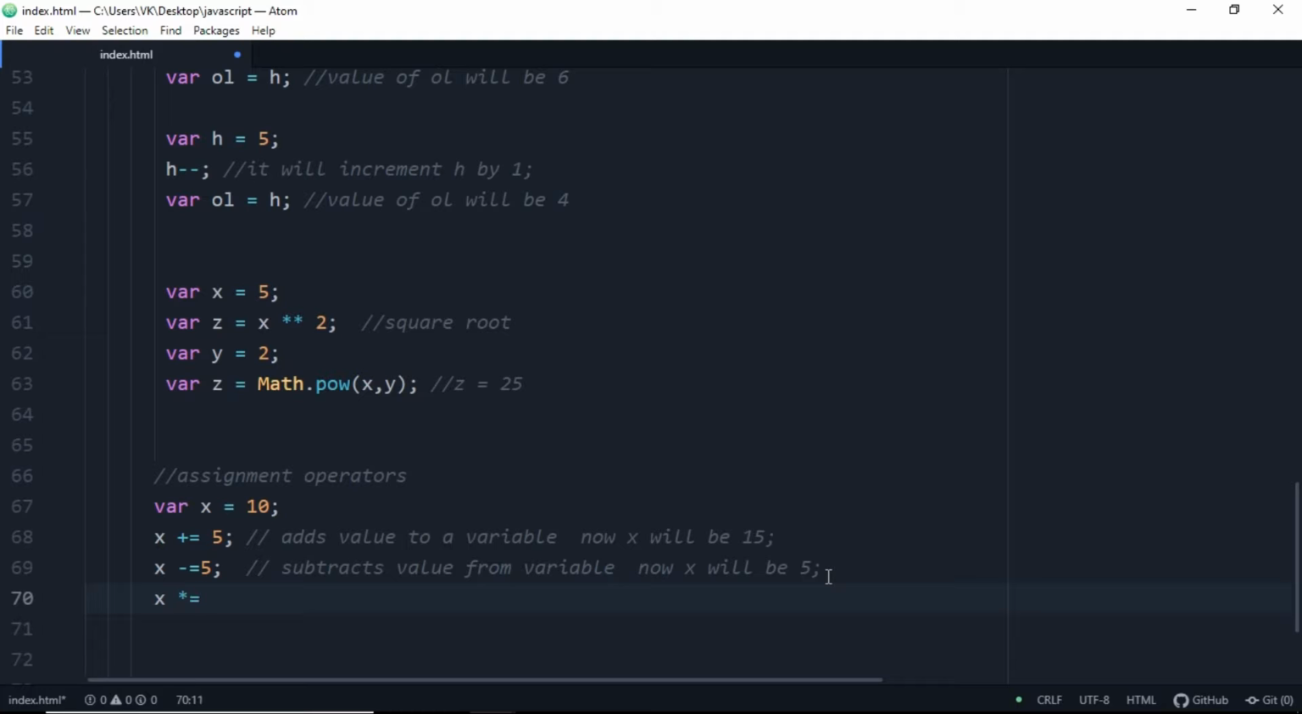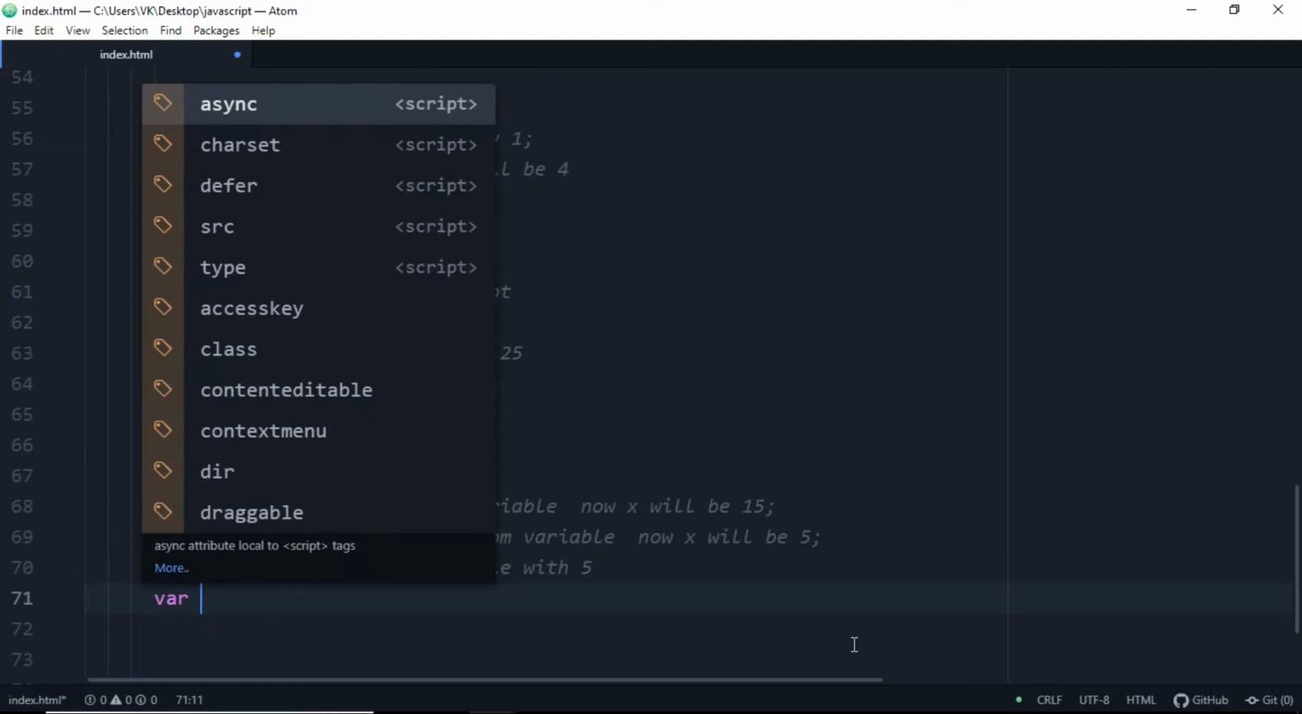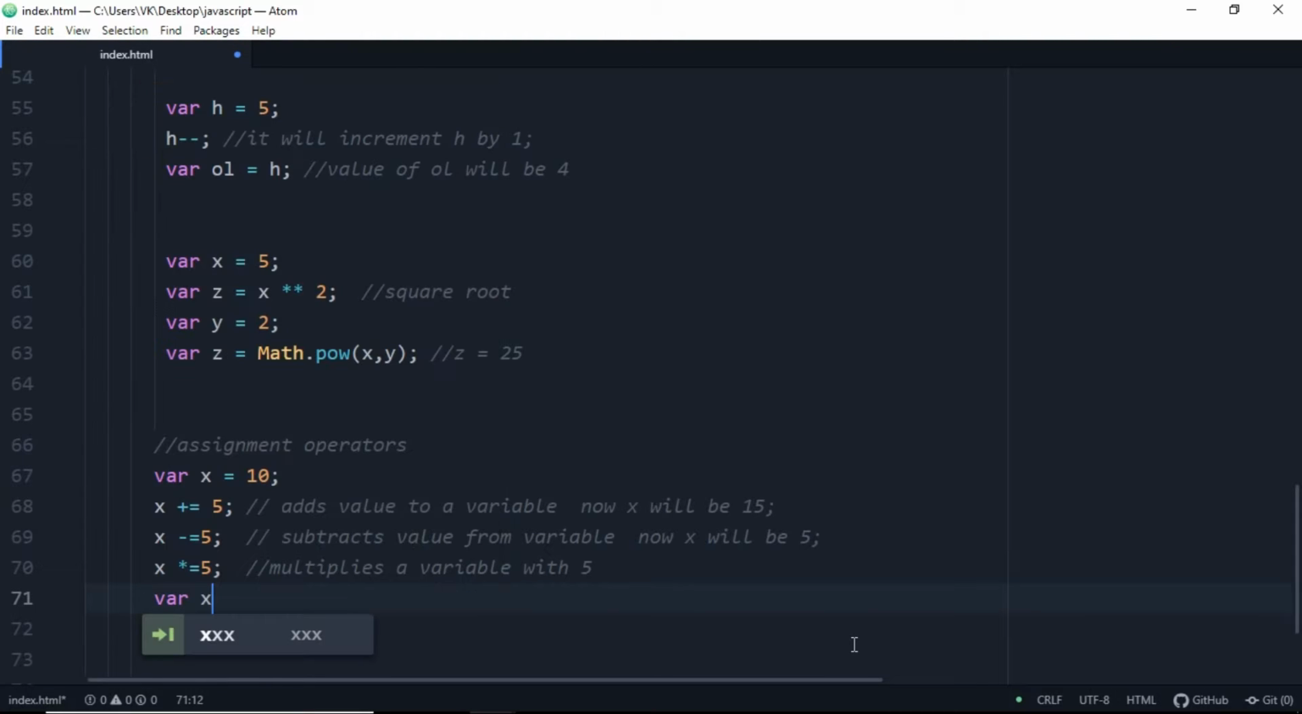So let's do multiplication here. x asterisk equals 5. In JavaScript, for multiplication we use the asterisk. It multiplies a variable with 5. Okay, and x is equals to, let's write the slash first. x slash equals,